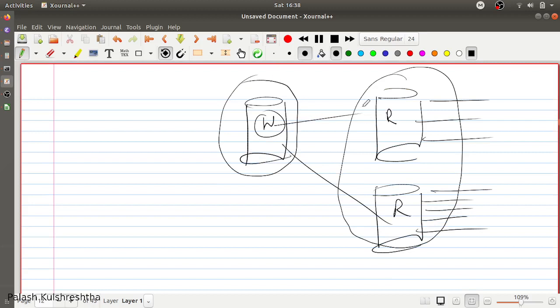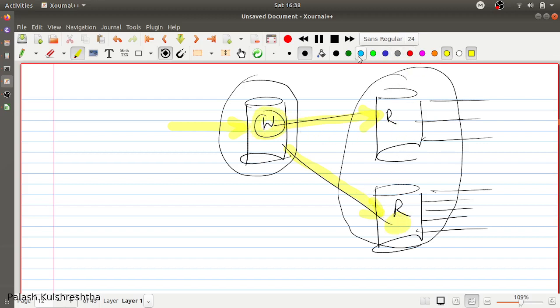But one of the challenges that we may face in this system is that since writes are done in the write database and then they are synced in the read database, there is a chance of eventual consistency, because writes are first done here and then they are replicated here.